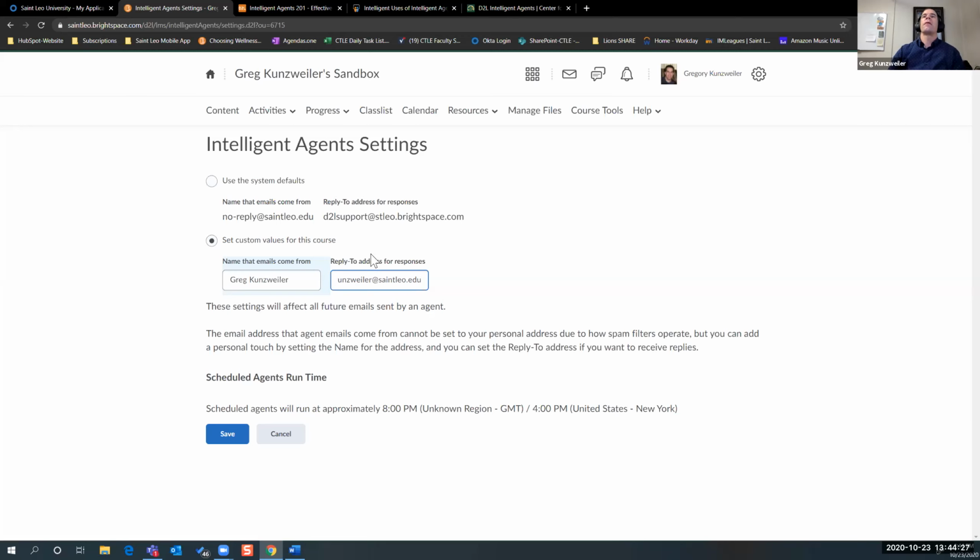So once I do that, then I'll save it. One of the things that you want to look at too is runtime. So all the agents run at a certain time of day, so it isn't just triggering multiple times in one day. These agents are usually run at approximately 8 p.m.,